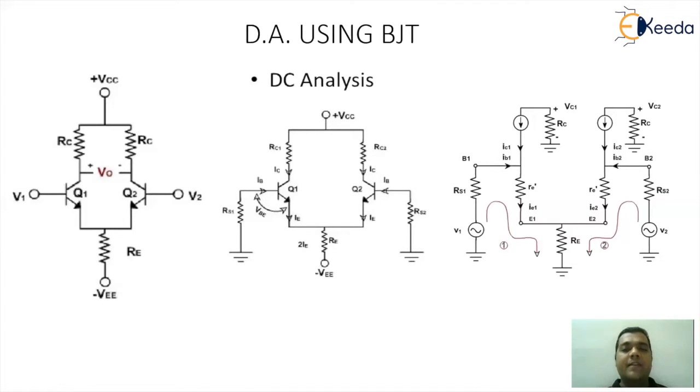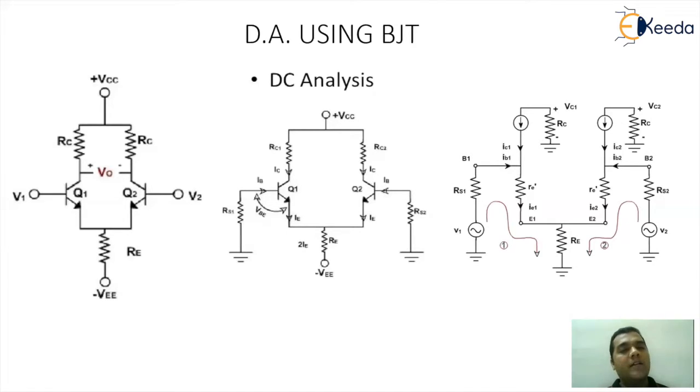Here the diagram represents the re model with input current IB1, the collector current IC1, and between the base and the emitter the resistance re, with the current flowing through it being IE1. On similar lines, the model used for transistor Q2 has a similar representation, except that instead of IC1 it is IC2. On the left-hand side it is IB1, on the right-hand side IB2. The emitter current is IE1 for the left transistor and IE2 for the right transistor. The addition of the two currents gives you IE, which is equal to IE1 plus IE2. This is the way you get the AC equivalent circuitry.